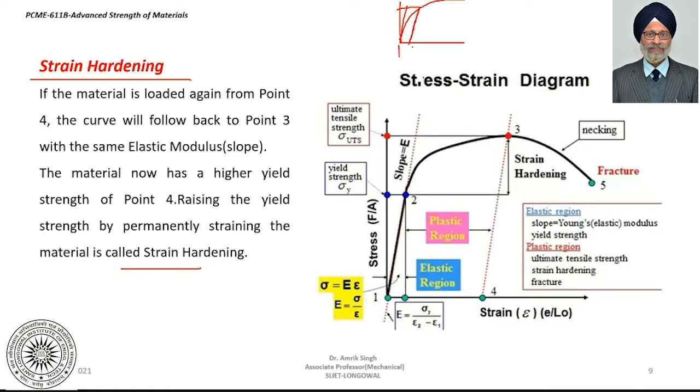So this is a permanent set which will be produced in the material because of the strain hardening. That means the material will become permanently hard, it will absorb that strain. So you see this one. Earlier it should have returned back here, but now when we go back from this place to this place,